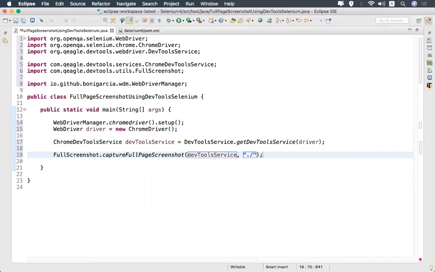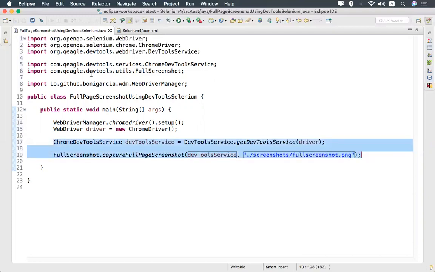In the current directory, I have one of the folders called screenshots, so I'll say screenshots/fullscreenshot.png. That's it.